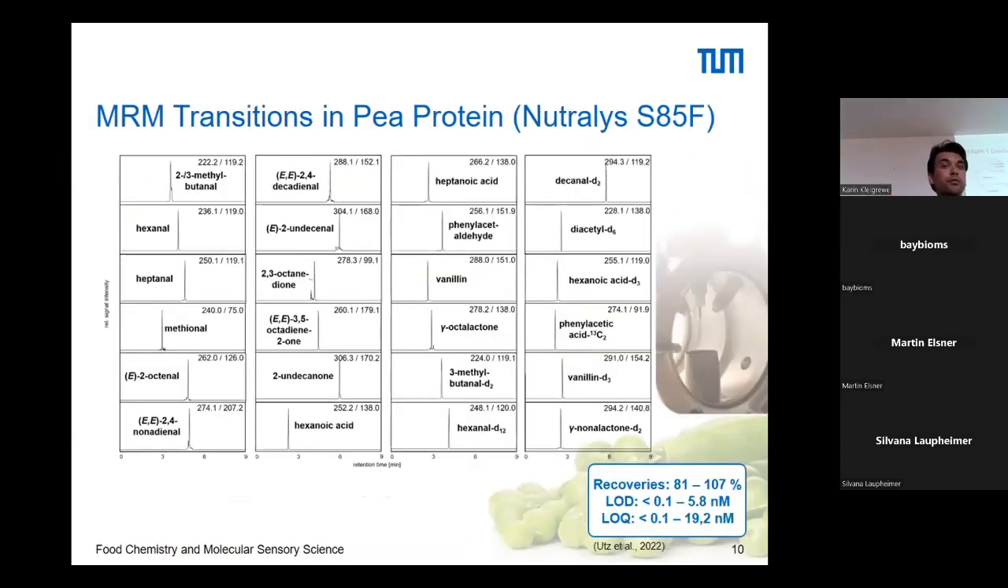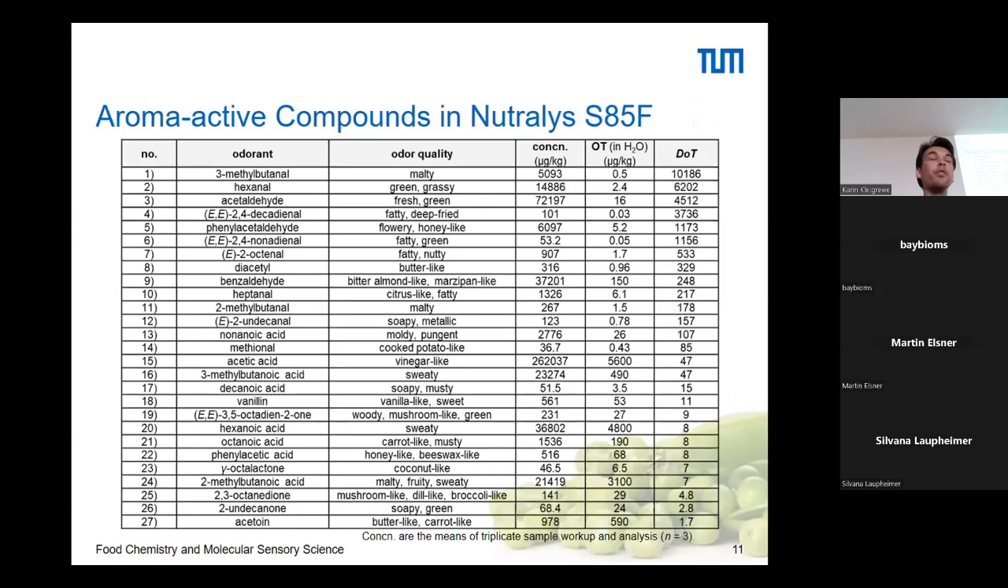On this slide, you can see different MRM transitions of the odorants as well as the internal standards used for quantitation. And all of the odorants have been validated regarding recovery rates, so in low and high spiking experiments, as well as the limit of detection, the LODs and LOQs, so the limit of quantitation. And with the help of the stable isotope dilution analysis and internal calibrations, we could quantify several analytes, for example, here in the Neutralis S85F pea protein, and introducing the odor thresholds here, for example, determined in water, we